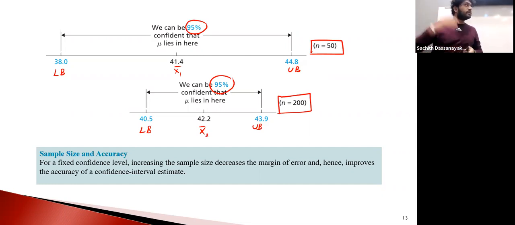When you increase the sample size, you get a smaller interval. That's what we need. That's why I told you it's better if we have a large enough sample. If you get a sample size of 500, then you will get a much smaller interval than the second one. It's possible. Okay, clear? Sample size and accuracy. See, accuracy increases when sample size increases, which means error goes down. Okay, right?